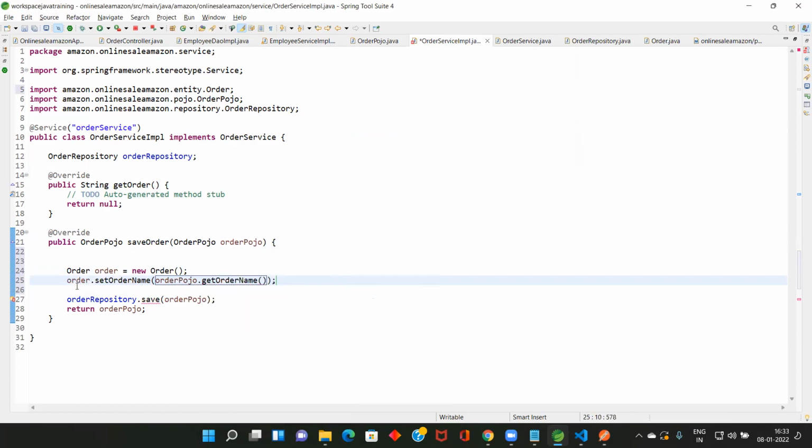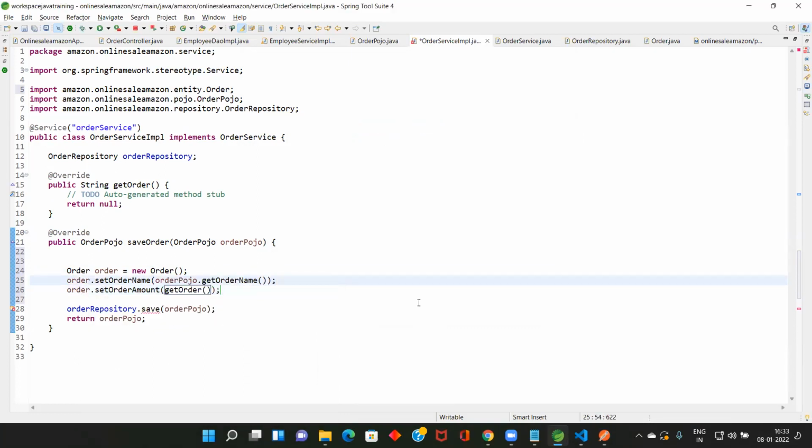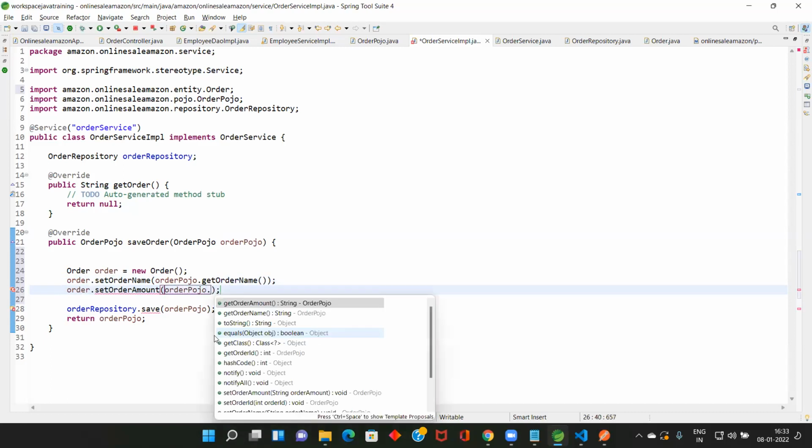So order amount. What is the amount? We are going to send any amount. Dot set order amount, orderPojo dot get. I think all are understanding. The value that is coming from there, we are getting from the Pojo and populating into the order.